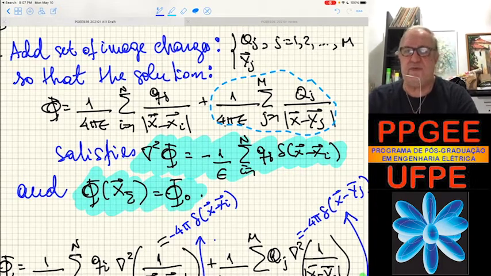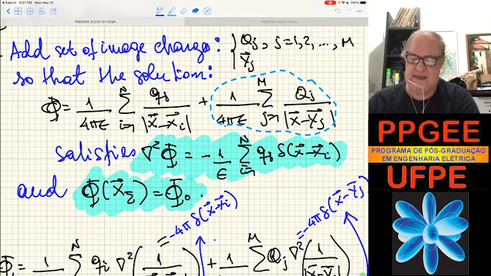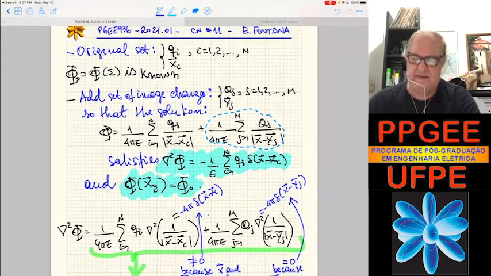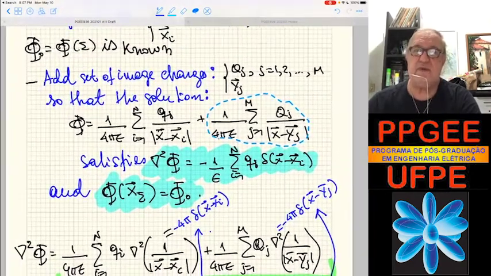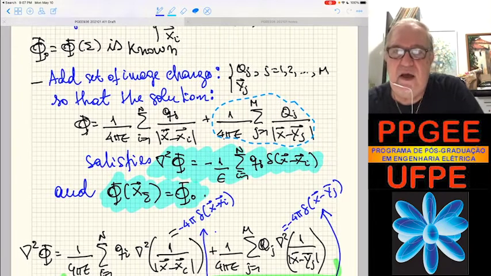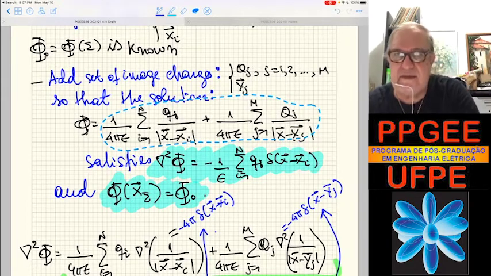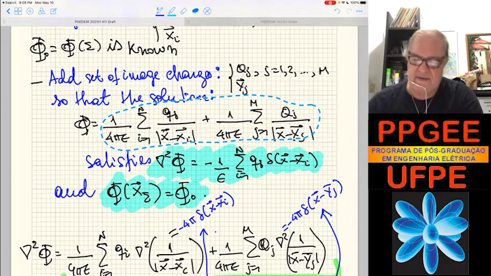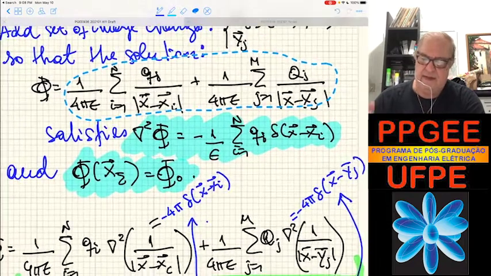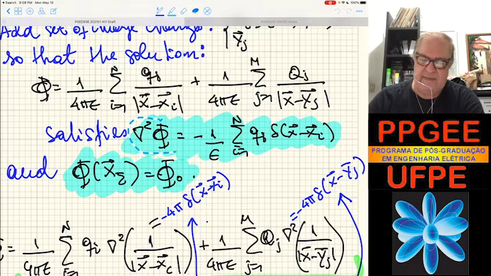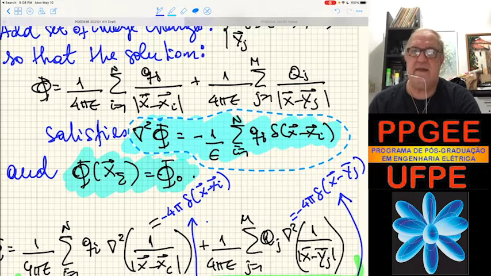So what we have to prove: suppose that this solution matches the boundary condition on sigma. If this is the solution, we have to calculate the Laplacian of this proposed solution and show that the Laplacian gives the charge distribution inside of the boundary. So let's check. The Laplace equation specifies that the Laplacian of phi equals the charge density in the domain